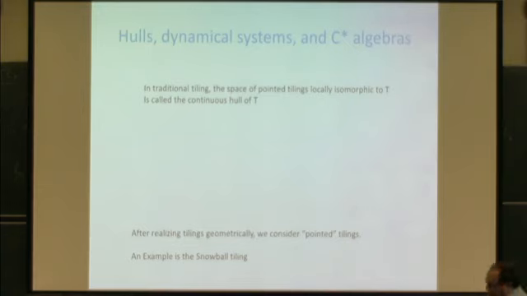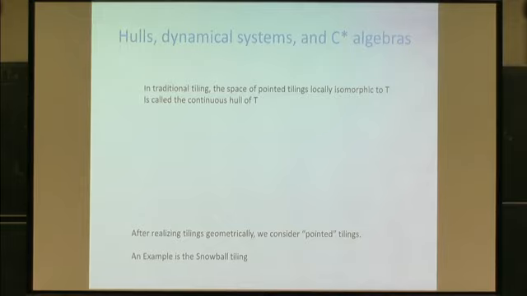Yeah, I wanted to say that it's really the terms in my title here. So for a given tiling, in the traditional case, I have these locally isomorphic tilings. So I have the big ball metric way of moving between a tiling and one which has different combinatorics. And I have the translations associated with moving the base point of my tiling. And so this gives what they call the continuous hull of the tiling. So the idea is that I have a continuous